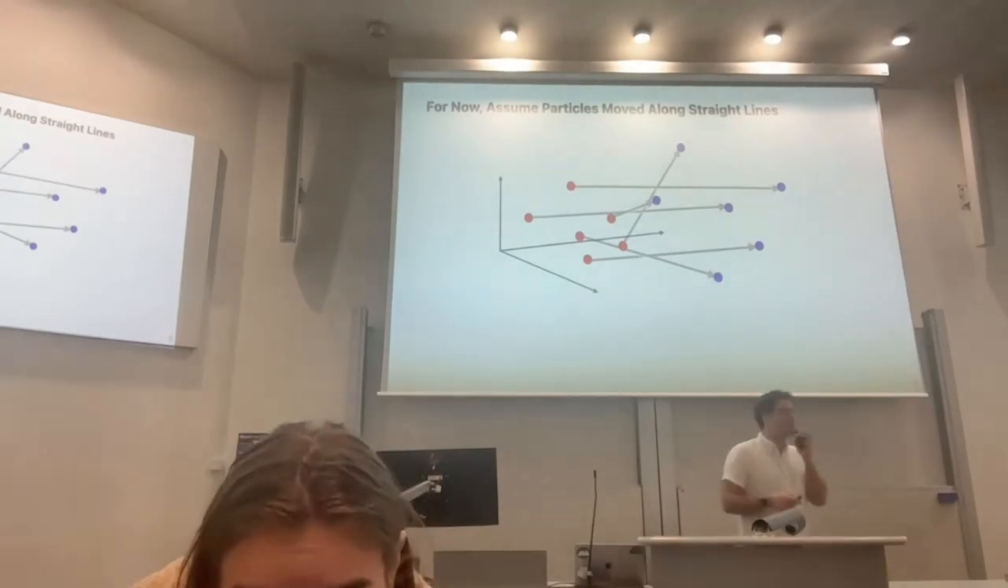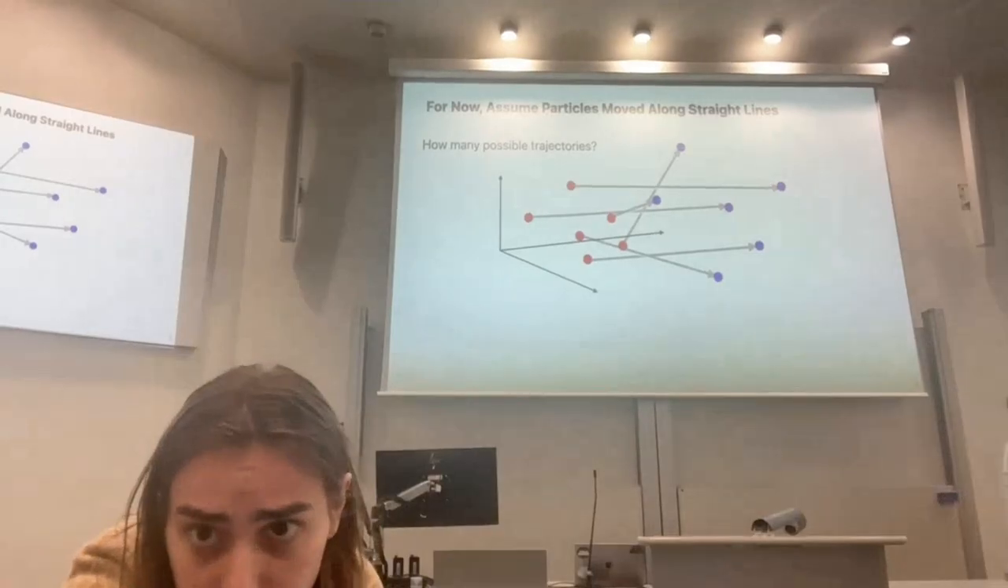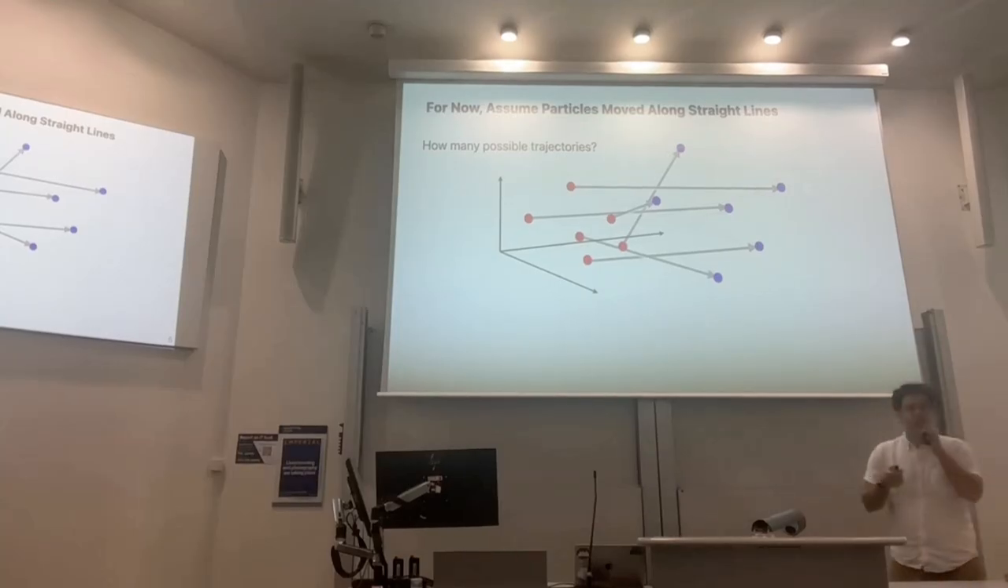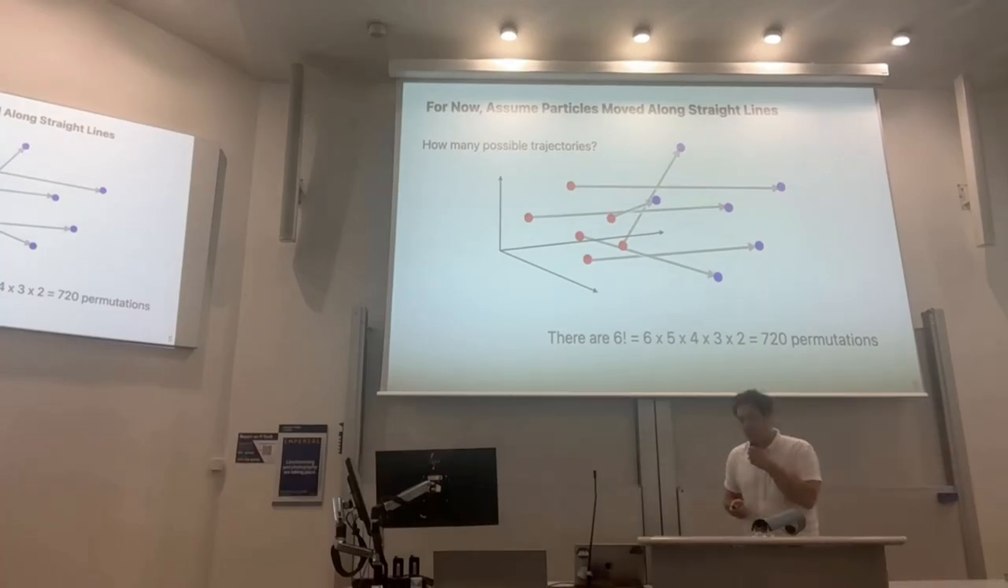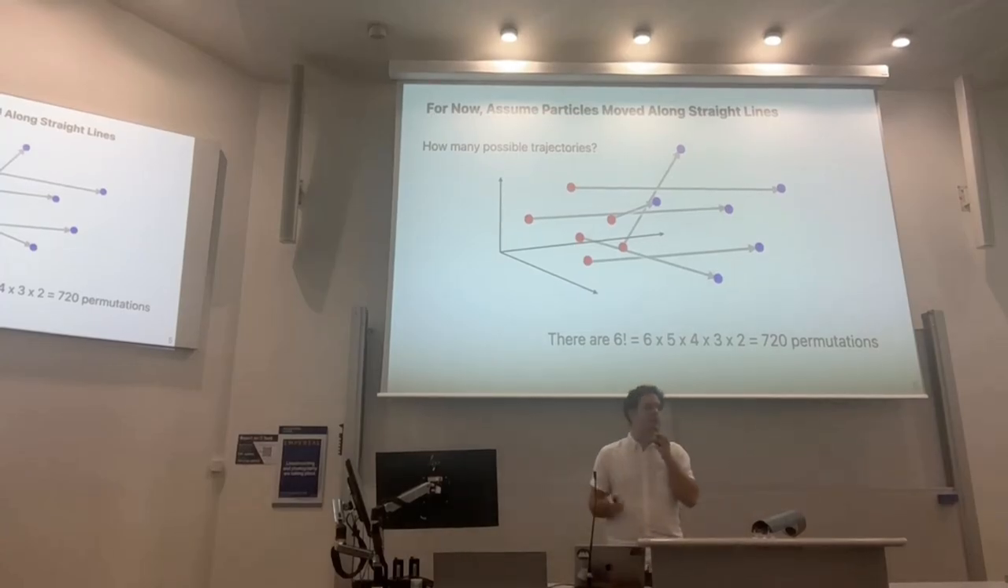If you are growing them, how many permutations do we have here? How many trajectories can we actually construct between the two point clouds of size 6? You probably all know the answer. This is factorial, so in this case it's 720. Of course, 720 doesn't sound like a lot, but when we get to n equal to 1000, we won't be able to enumerate all of these